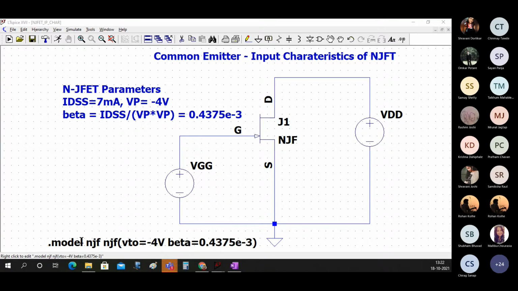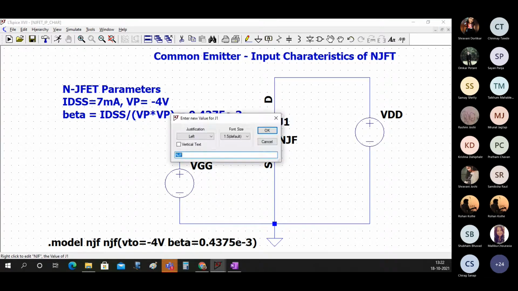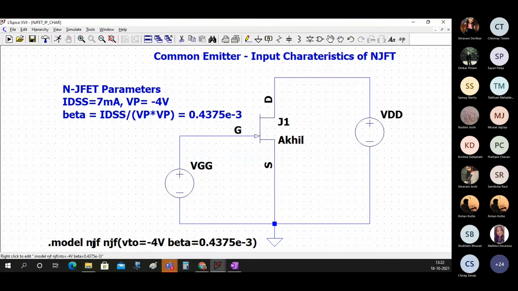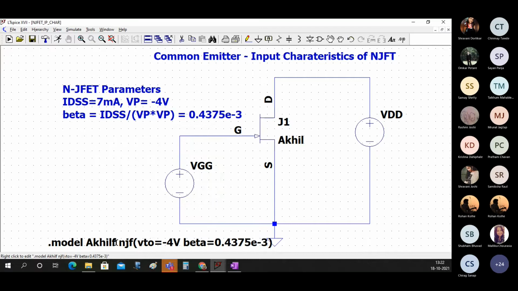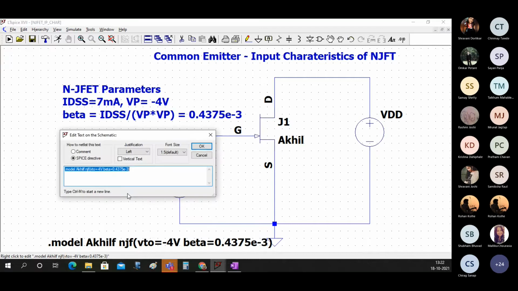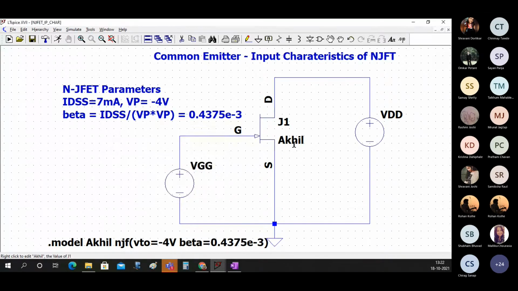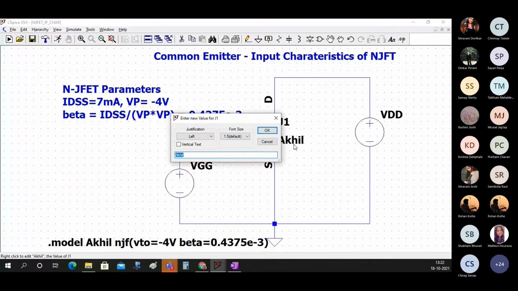Okay. So let's say if I write here this njf as Akhil, then I will write here .model, instead of njf, I will write Akhil, and then say Akhil is an njf. So you can do it that way, but I'm just renaming it.